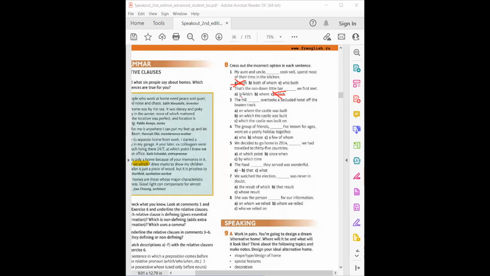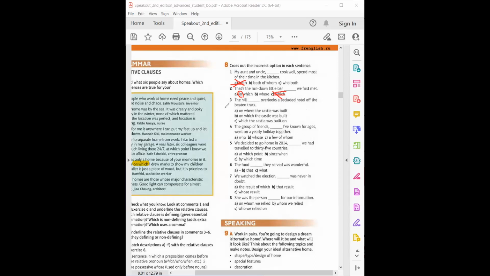Guys, you can look here. When they mix the in with the preposition, it refers to a place here. In a place which is the place we first met, okay? And where, again, here it refers to time. But which itself, it refers to a thing. Sorry, not a time, a place I meant.